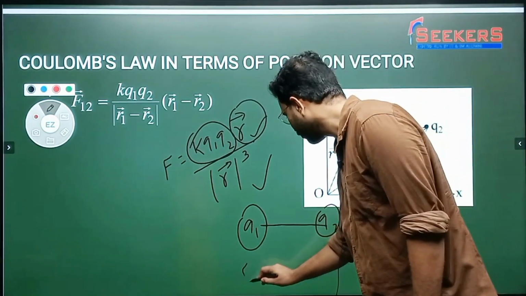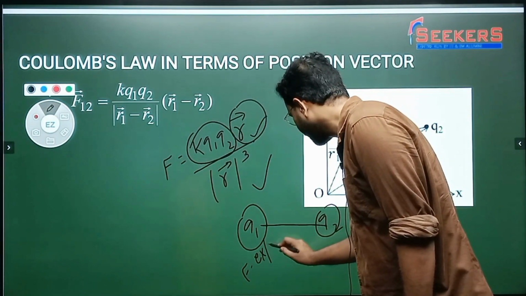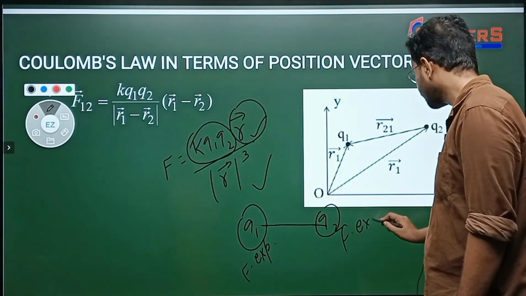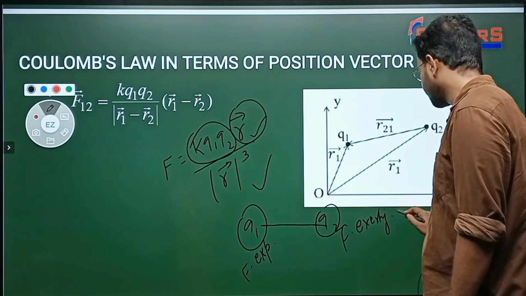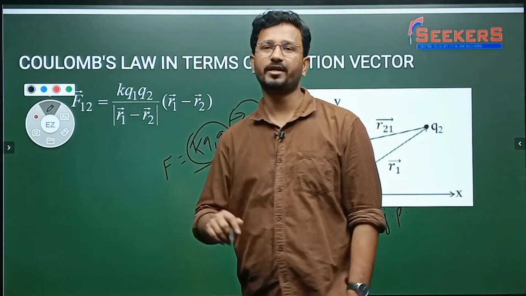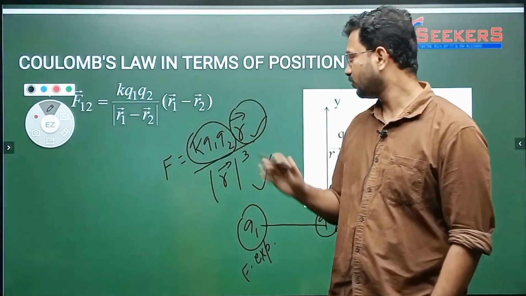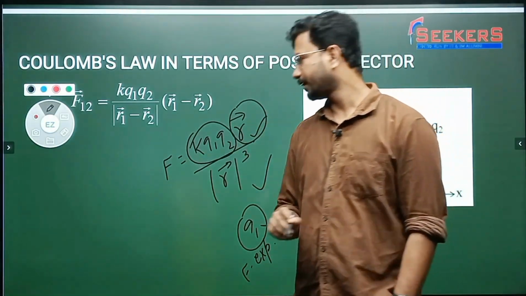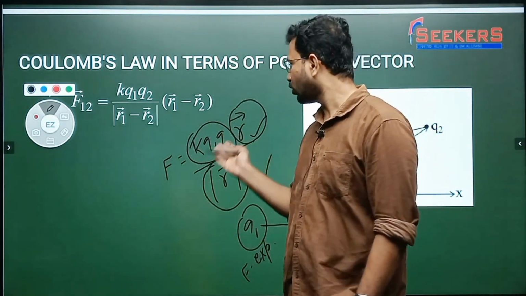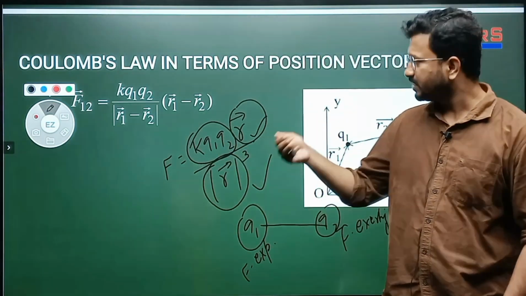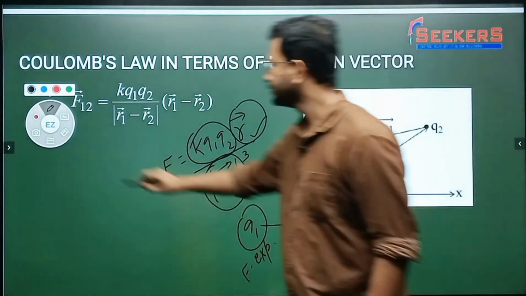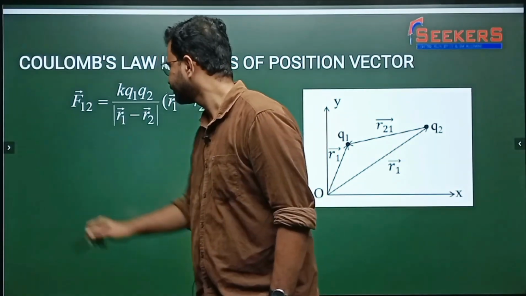Suppose this is the force experiencing particle and this is the force exerting particle. So this R is basically the position vector of the force experiencing particle with respect to the force exerting particle, and R is the magnitude of this position vector. So this will not give you only the magnitude. This will give you the direction of the force also. Okay, going forward,